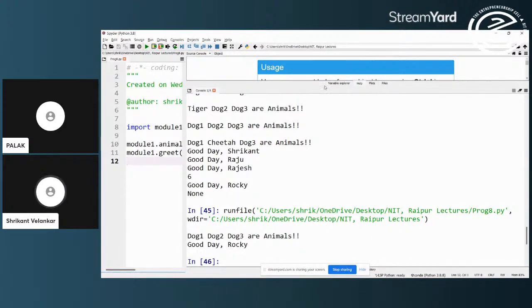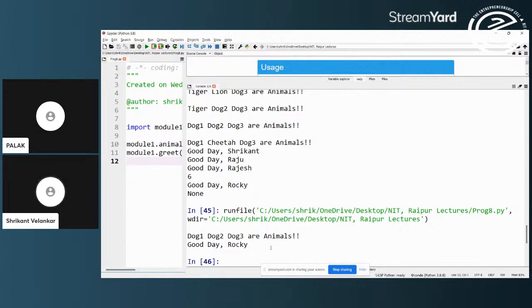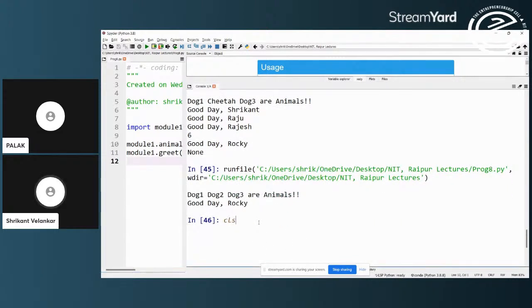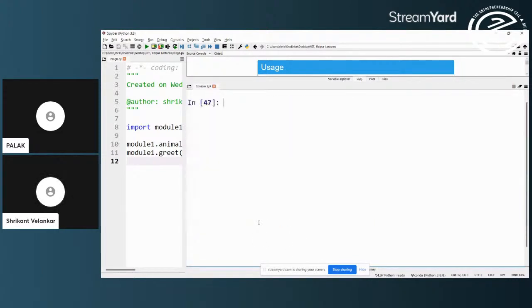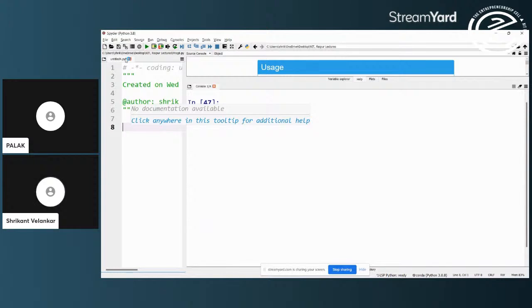This is the window that will be required the maximum. I will clear the slate for NumPy. Also, I will just store this program and clear it up.